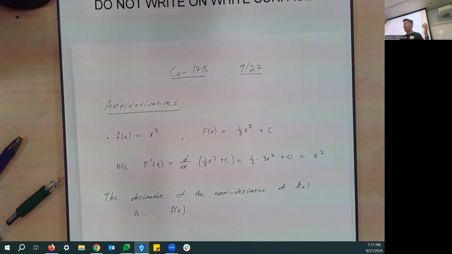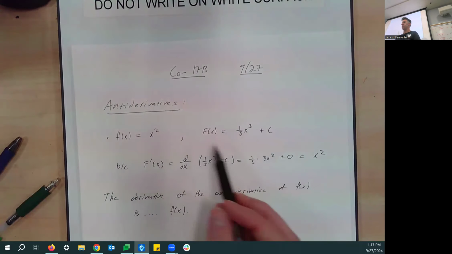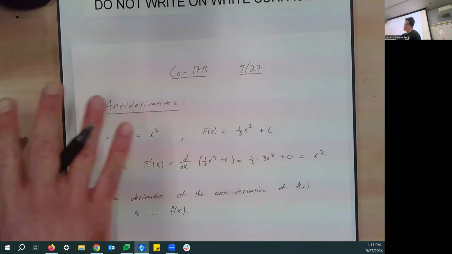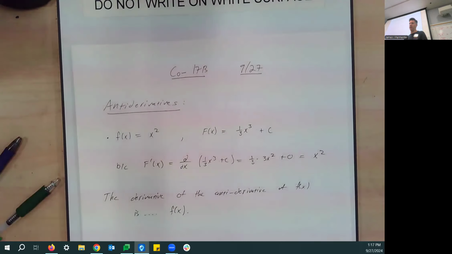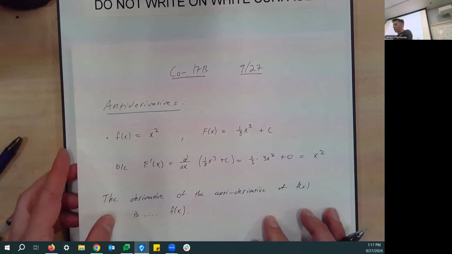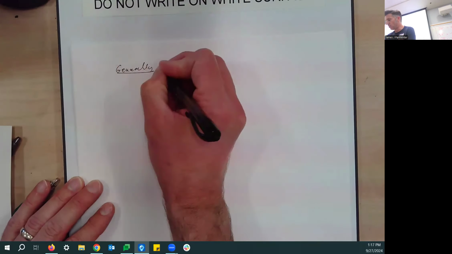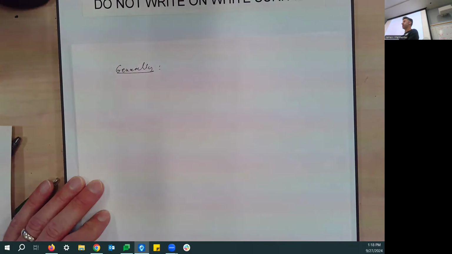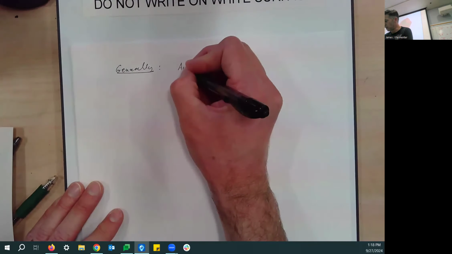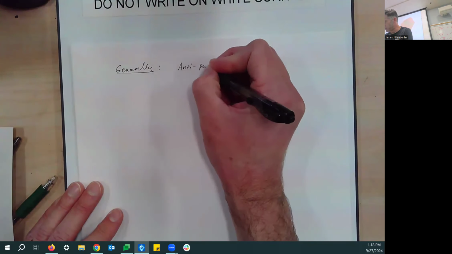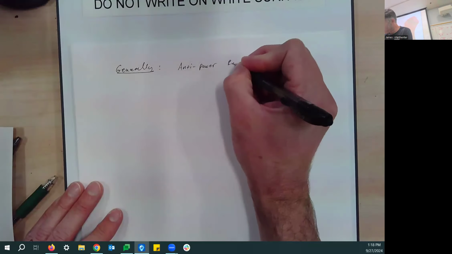All right, let's do a few more examples. So this idea here is generally referred to as the anti-power rule. I'm always worried I'm going to bump something out and make it all not work. So in general, or at least I call it the anti-power rule. You might call it something else. The anti-power rule, sounds like we're fighting the power, is that